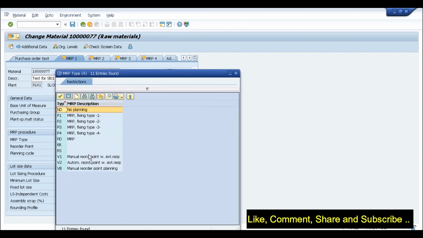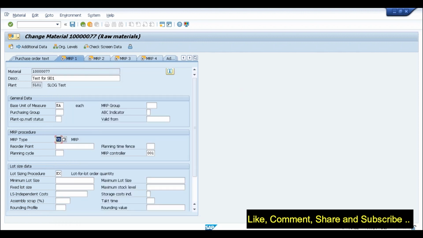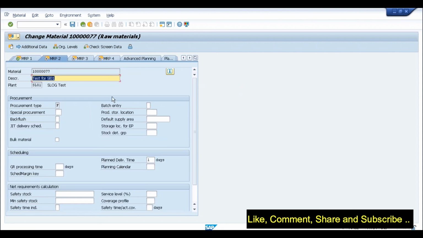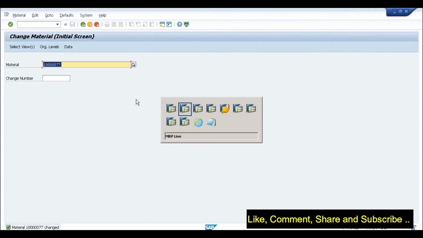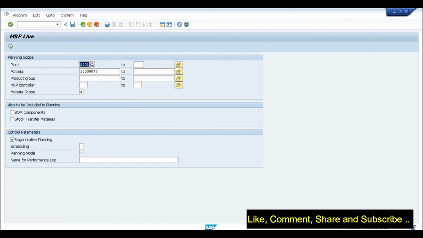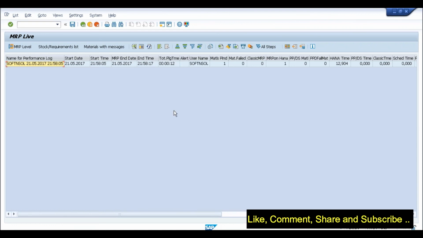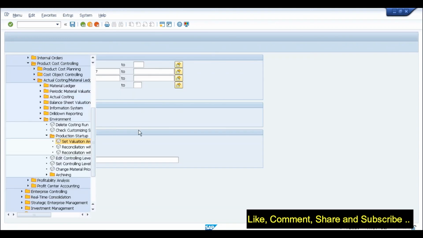So if I go for this manual reorder point planning, and I try to run the same thing, MRP Live with regenerative and all, if I execute this, oh, it is still using the MRP on HANA. Let me just come completely out of this. I hope the material was fine.